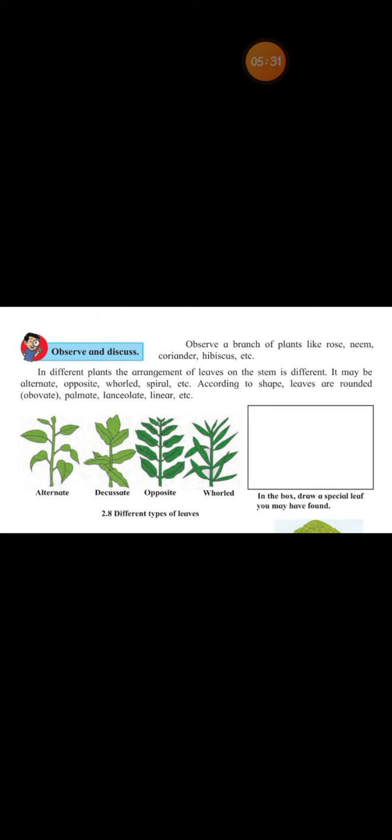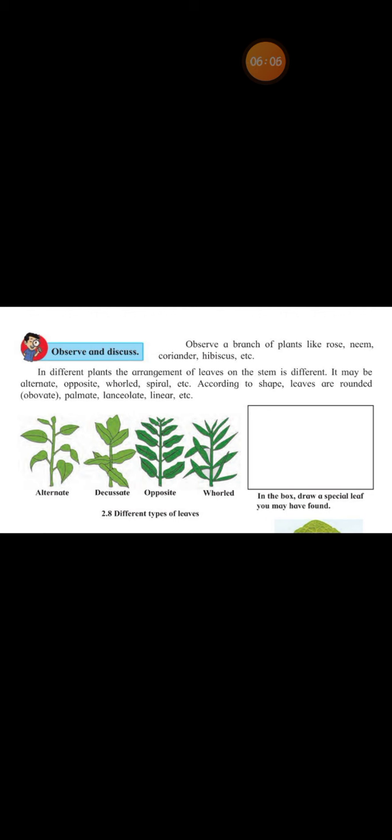Lastly, we had seen about two kinds of the leaves, simple leaves and compound leaves. What are they, children? Leaves of some plants have a single undivided leaf blade and a single midrib. Such leaves are called as simple leaves. Okay, children? And the leaf blade of the leaves is divided into many small parts called as leaflets. Such leaves are called as compound leaves. Fine, children? Yes.